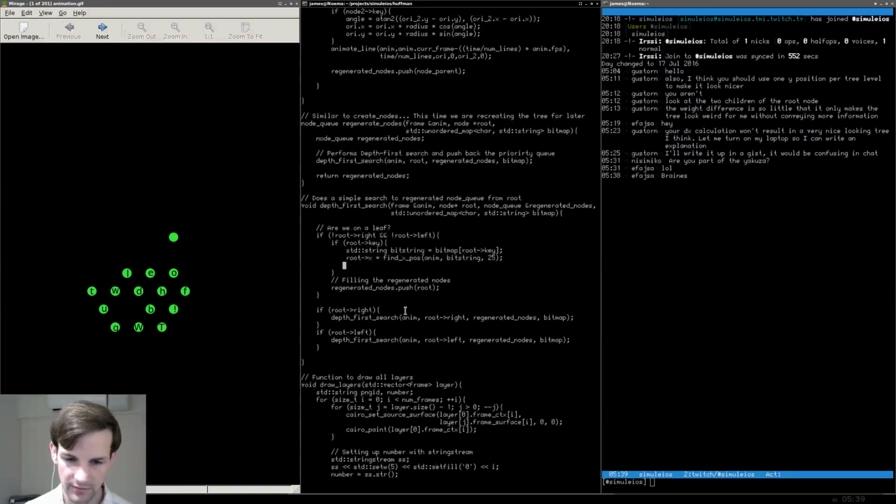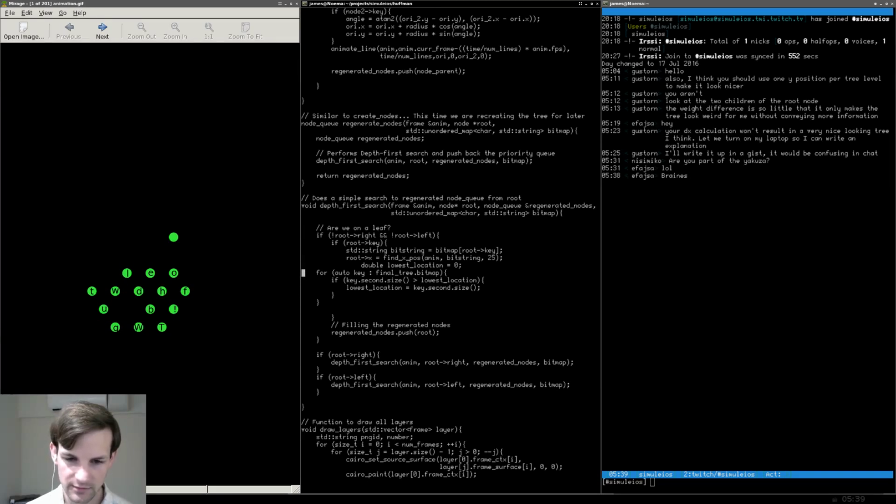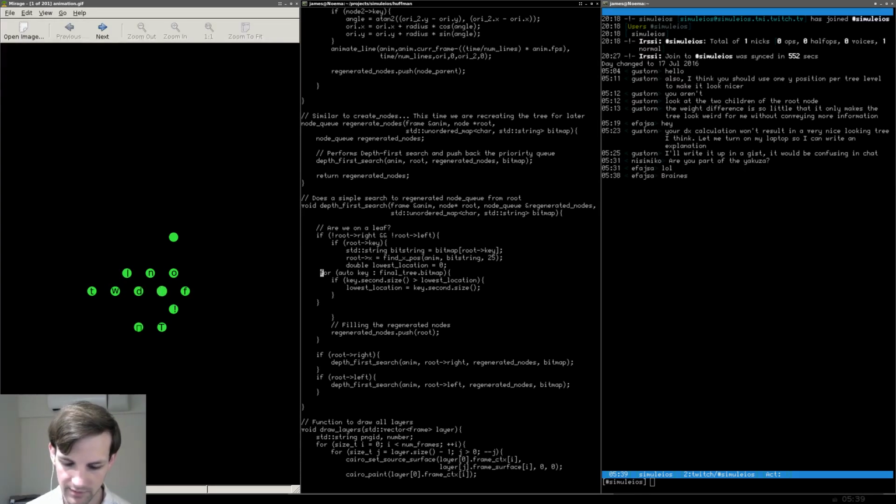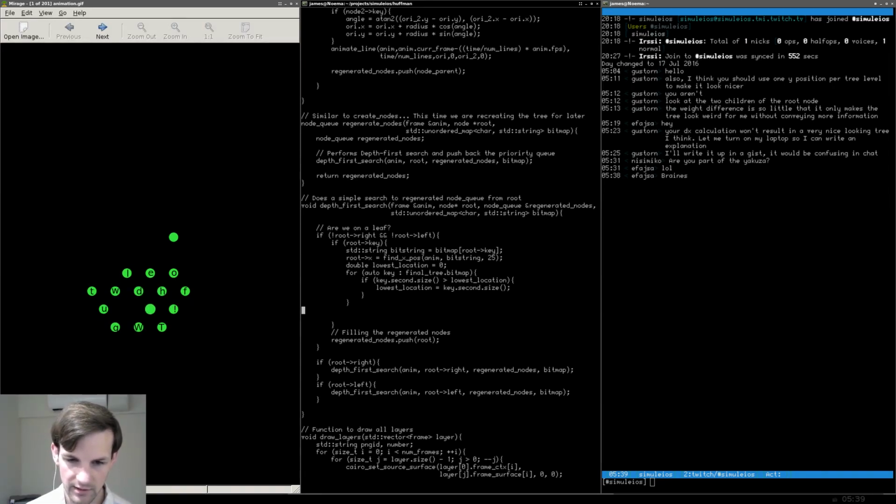Draw internal, that's fine. So if we're there, we do this. And let's go ahead and add 8 spaces to these guys. Okay, so now we have the lowest location. Now let's go through and say root Y, pointing to Y is going to be equal to, we have the bitmap being read in, so why don't we just do the following? We're going to say